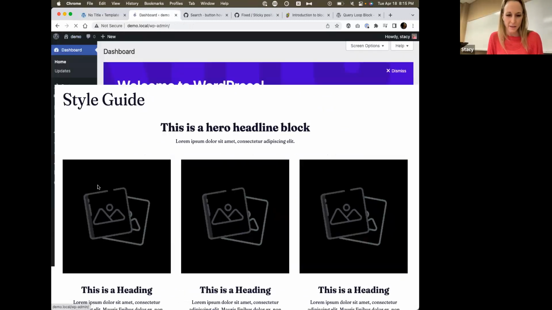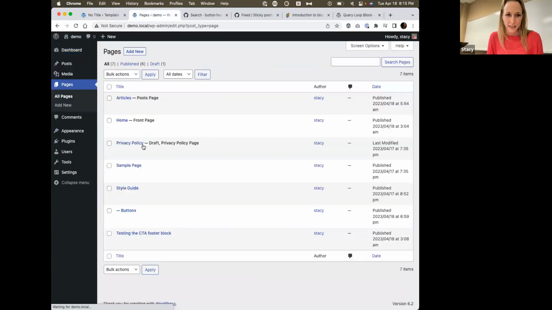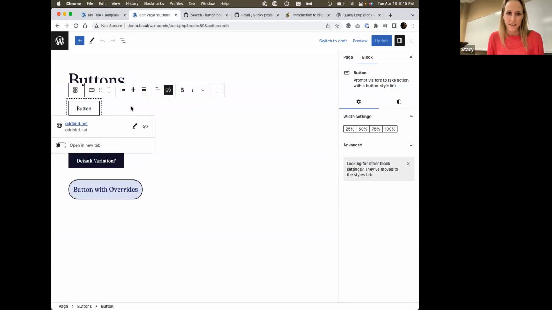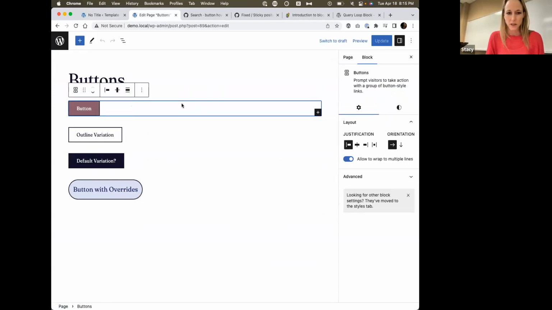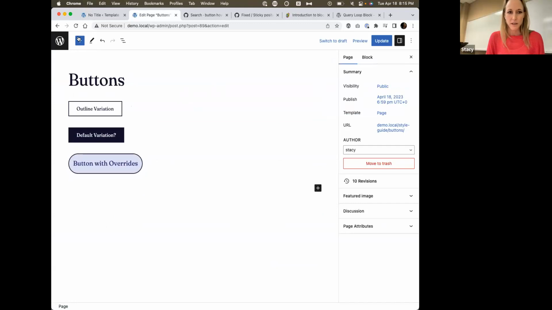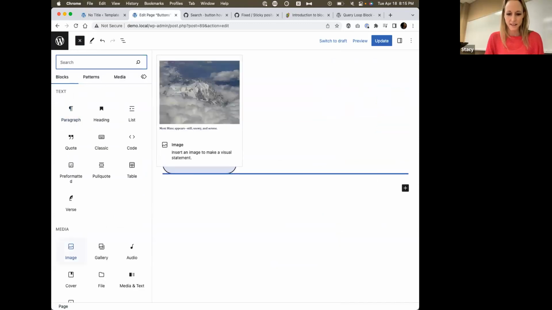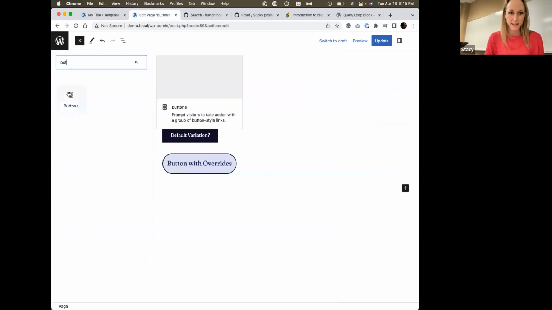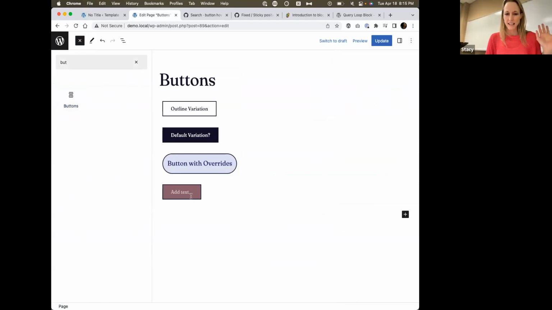There's another page here. I gotta find the other page, like a buttons page. There it is. All right. So, okay, this is also kind of weird. If I place a button and don't click anything,